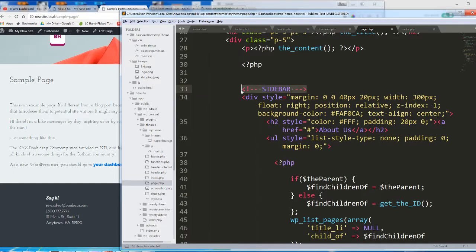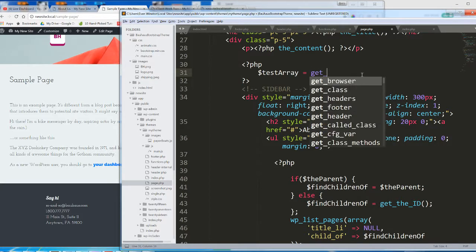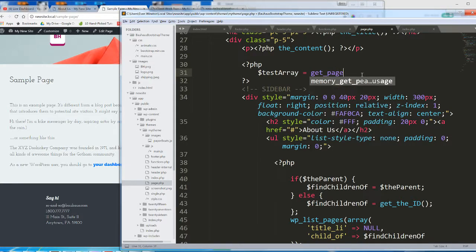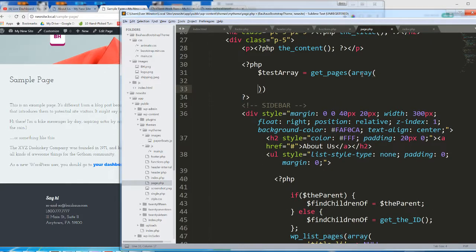HTML comments behave very weirdly in PHP, so please bear that in mind. We're going to jump into PHP, and we're going to declare a variable called something like test array. What test array is going to be is a function called get pages, which is going to take an array as an argument,